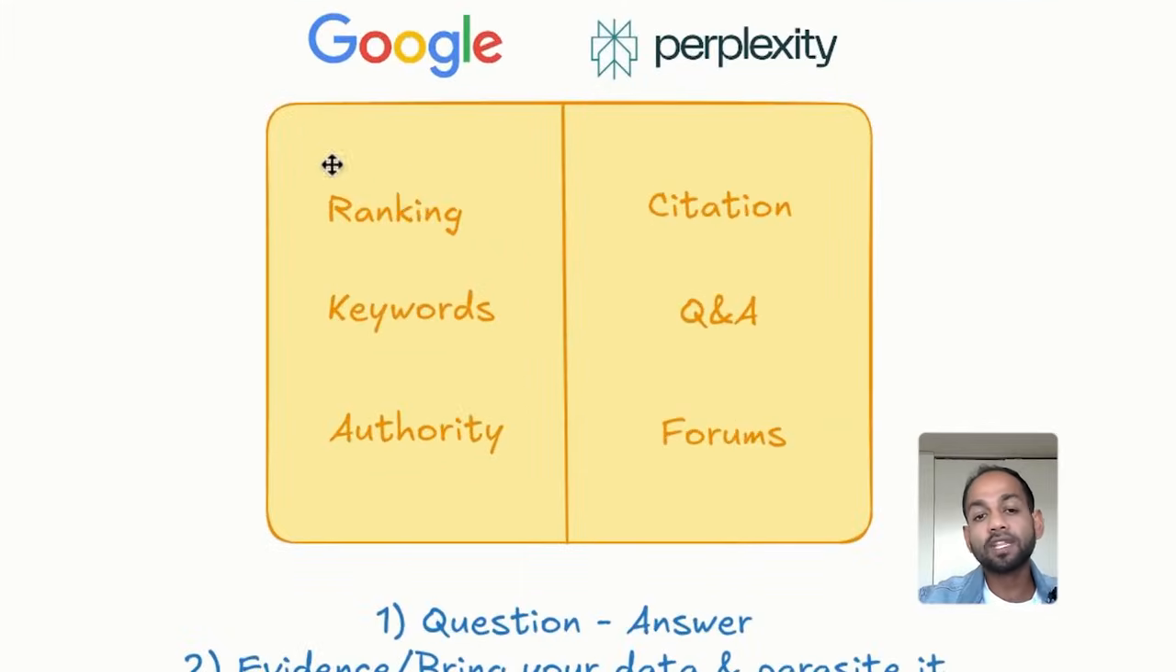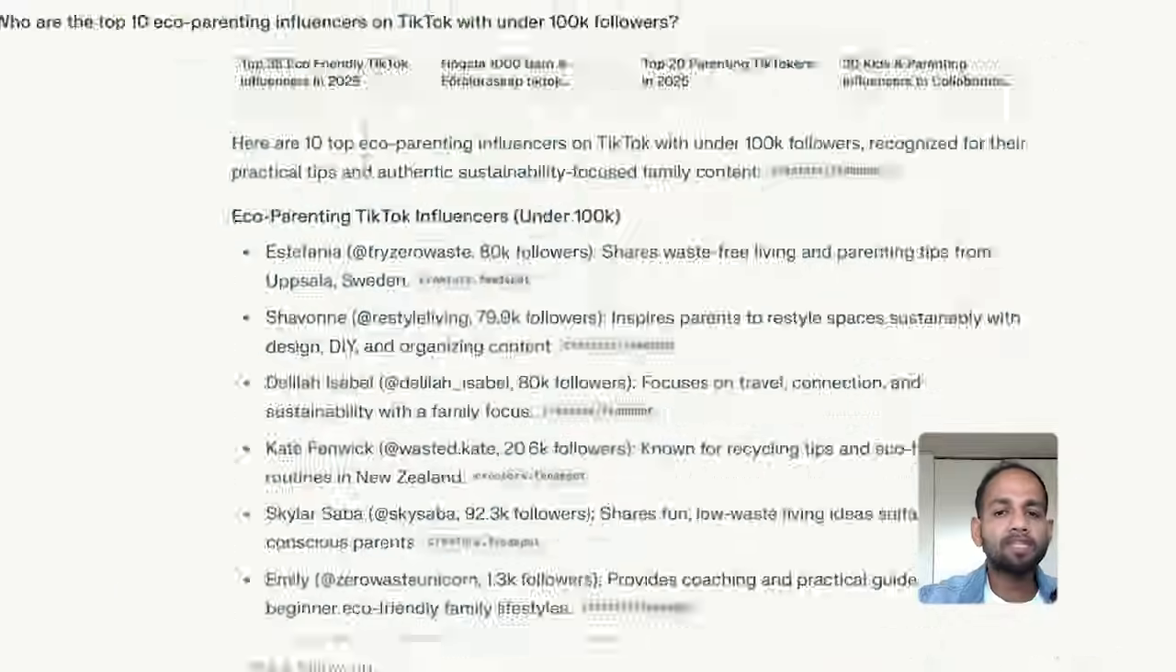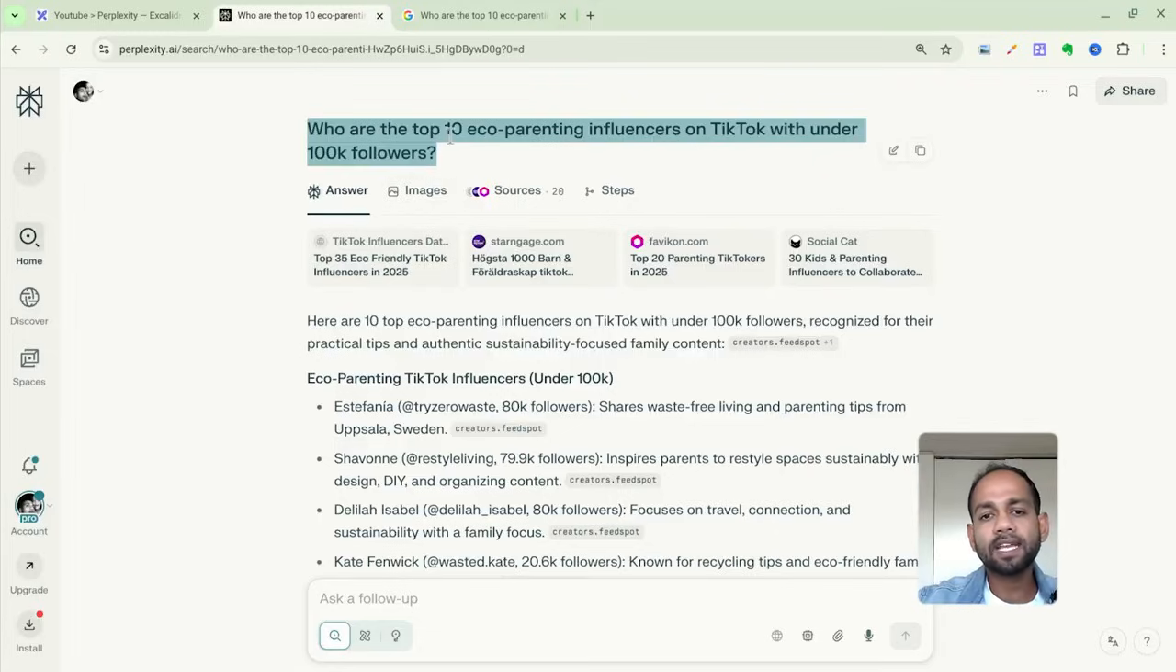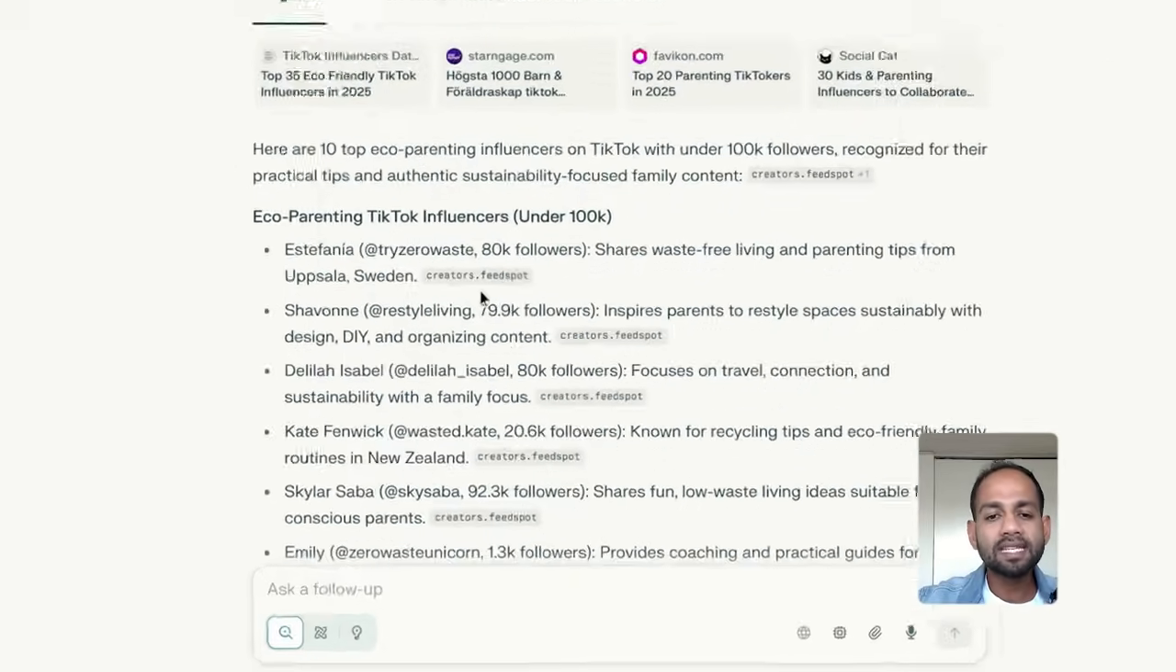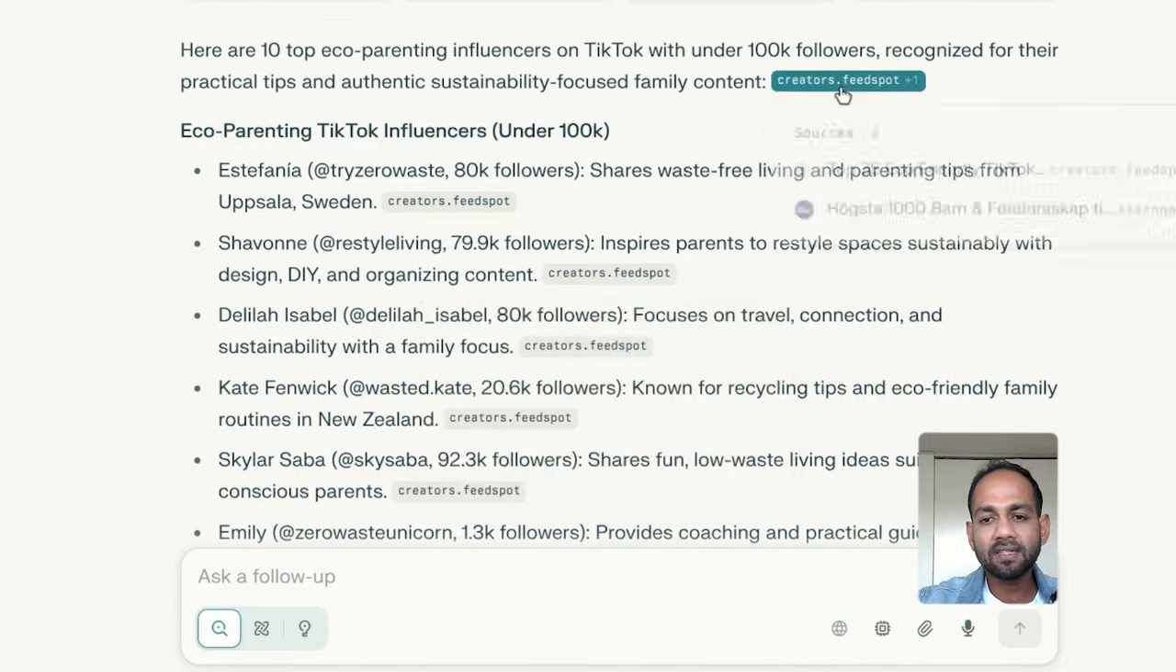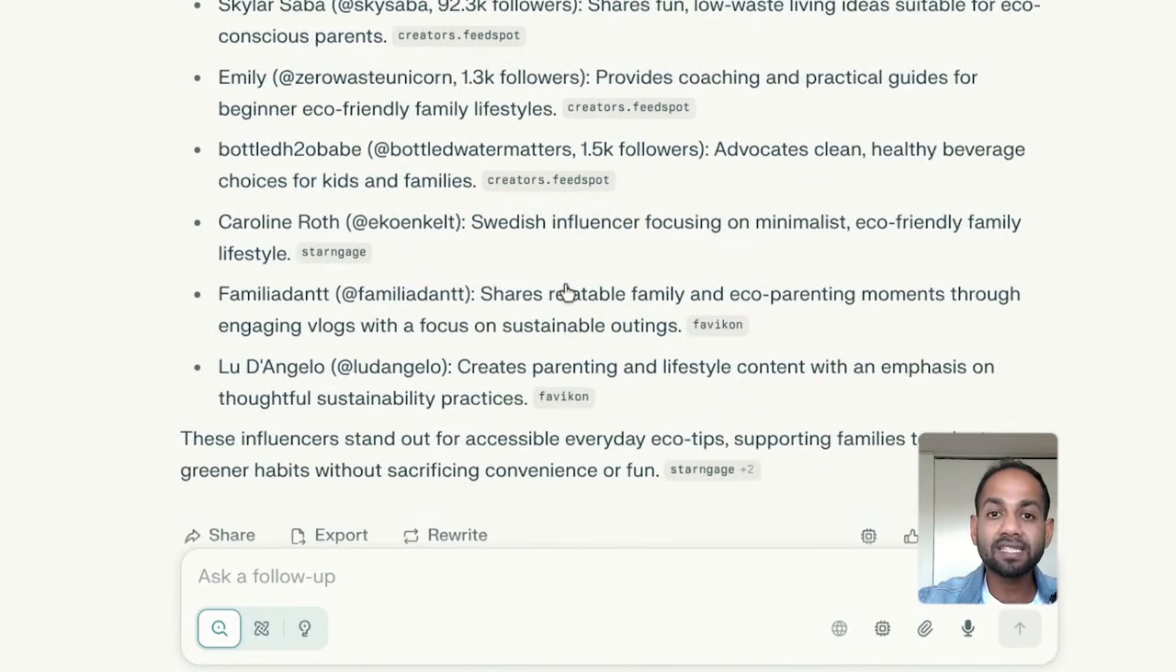So in the old world of Google, you used to think about ranking. In the new world, you're thinking about citation. So what does citation mean? In this case, I'm using an example, top 10 eco parenting influencers on TikTok. You can see that this brand is being cited throughout this answer because this clearly answers what the AI is